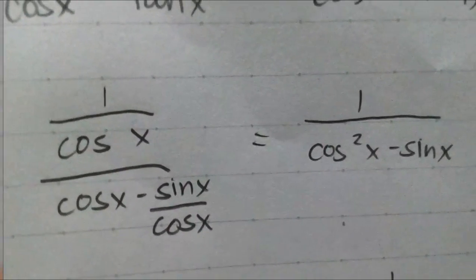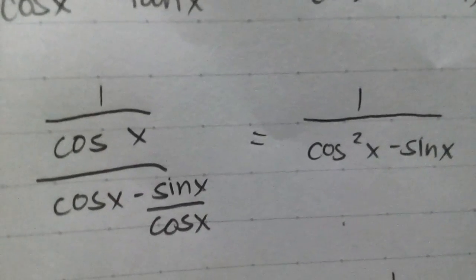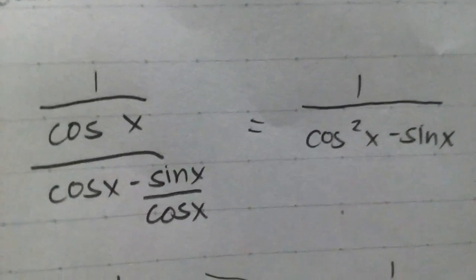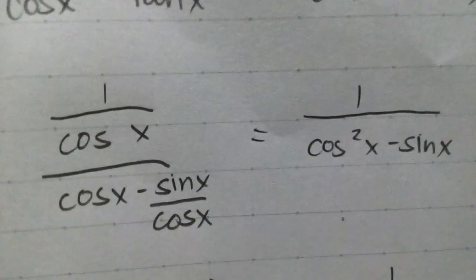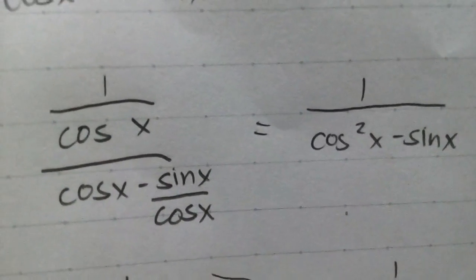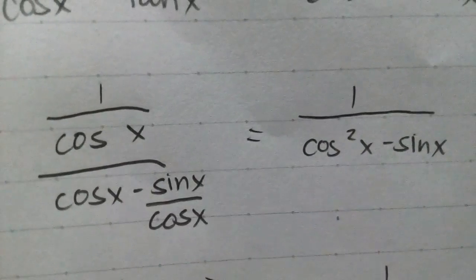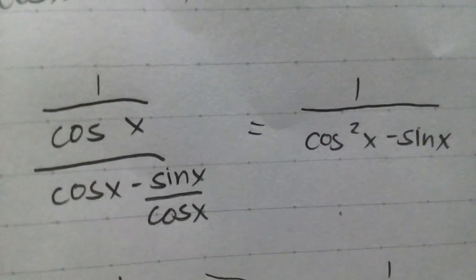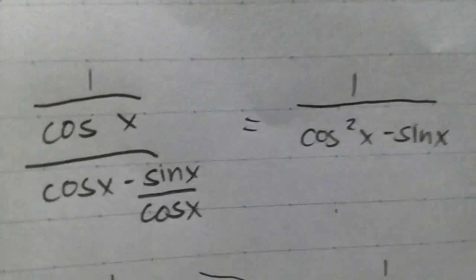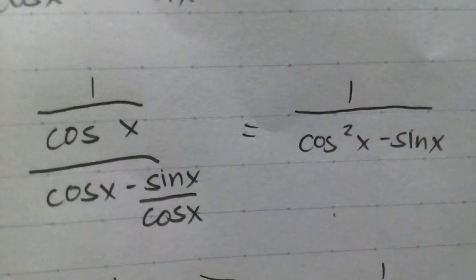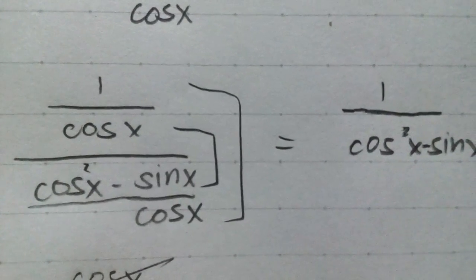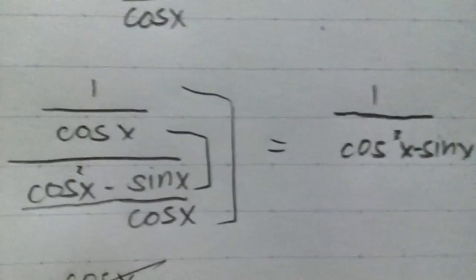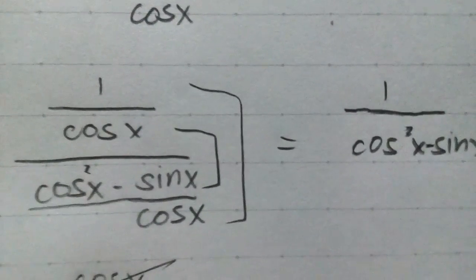So for me, I'll move the left side of the equation. So using the reciprocal identities, I change secant to 1 over cosine x and change the tangent for the denominator, so over cosine x minus sine x over cosine. And then multiply the numerator by the denominator and the denominator by the numerator. So we'll get